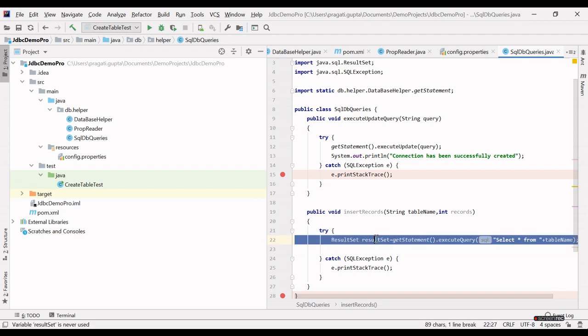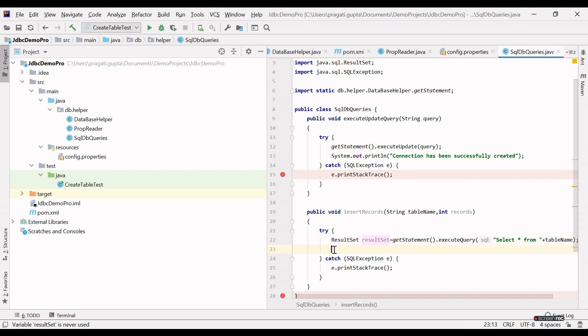From this result set, what I want to do guys, I want to get the number of columns in this table name.